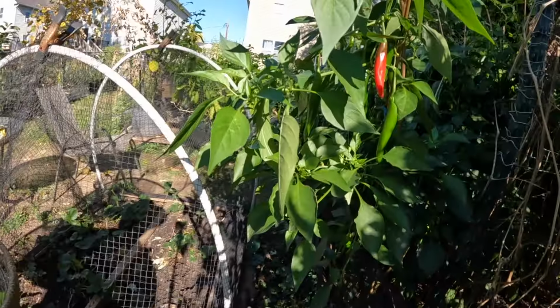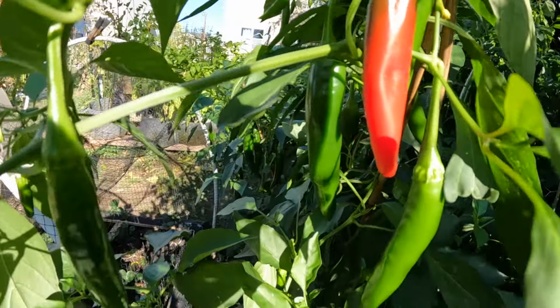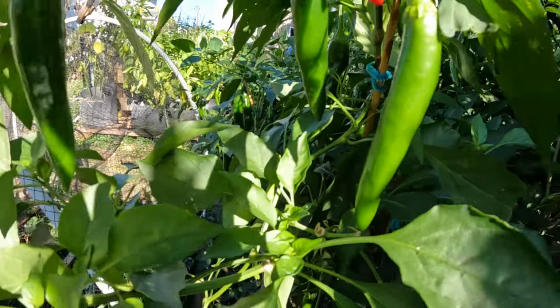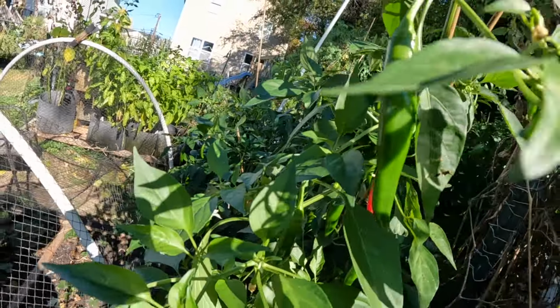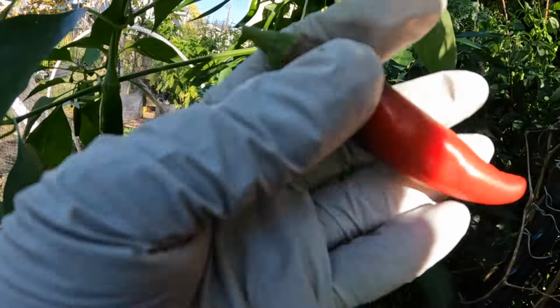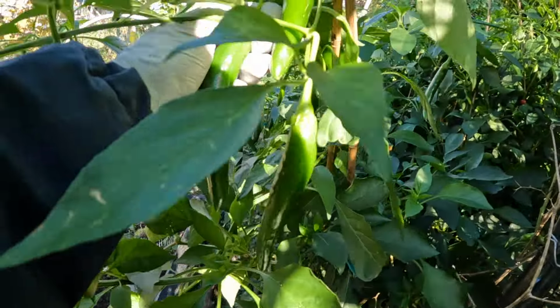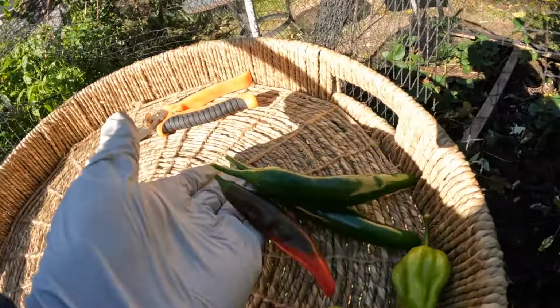So y'all, look at all of these beautiful peppers. Look at this, y'all. Oh my goodness, look at this one that turned red. Woo! Look at this, y'all. Oh my gosh. Y'all, when I tell you,